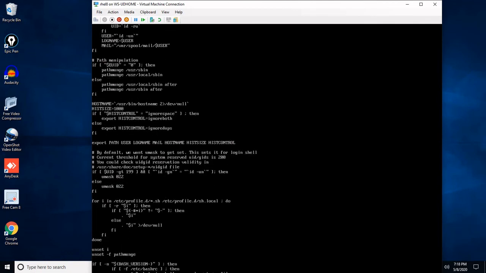Yeah, here the value is 022. I'll change the value to 027 this time. I have to make changes on both the lines, 027. Alright.